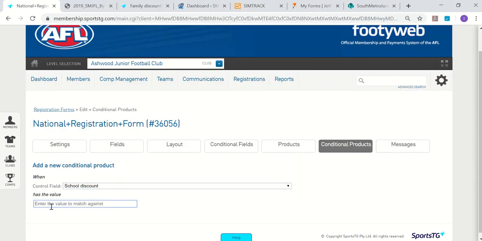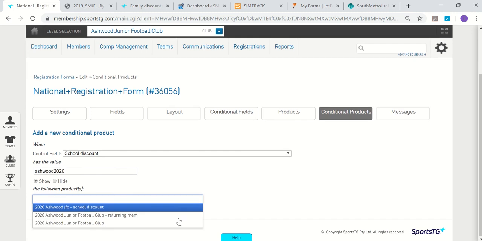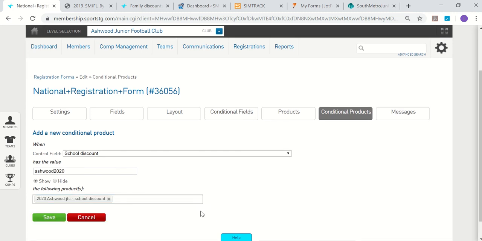Okay, so you're going to now say Ashwood 2020. I'm pretty sure it's case dependent, but let me check. And then I would show that one and say,